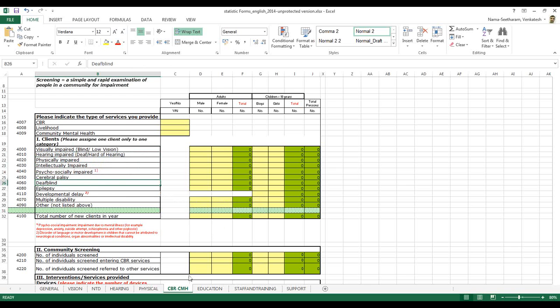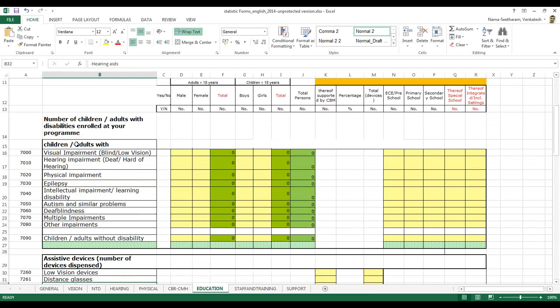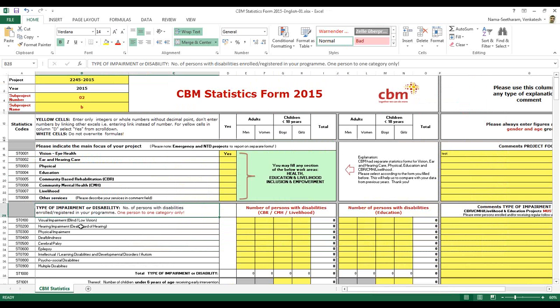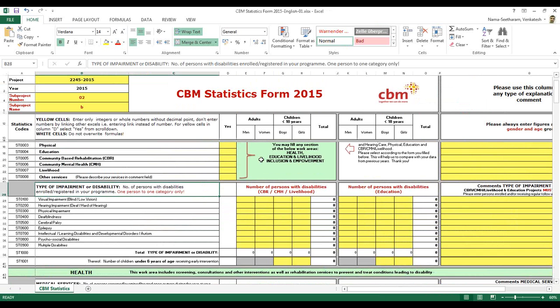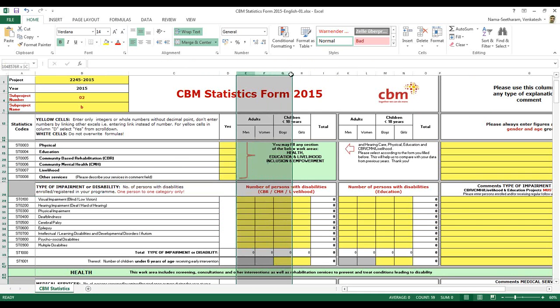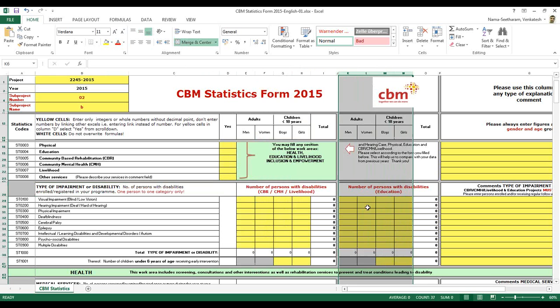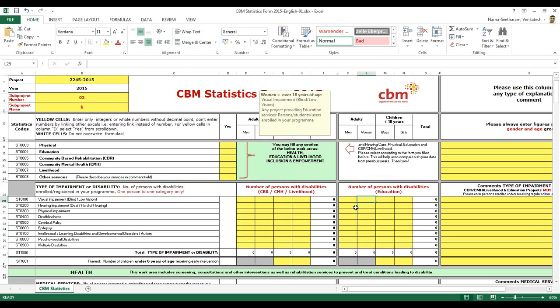And in the education form, you had the same: visual, hearing impaired. So what we have done in 2015, we have clubbed these two and put them in one row, so that columns E, F, G, H need to be filled in by CBR CMH livelihood projects, and K, L, M, N will be filled in by education projects.